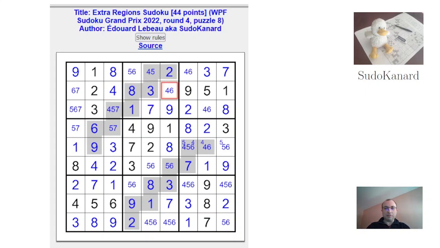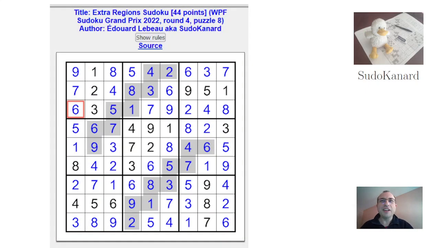7 is here in the box, so that's a 6, that's a 5, that's a 4, and all the rest should yield without any explanation needed, I guess. So this is 5, this is 4, this is 6, this is 5, and then that's a 5, 7, 5, 7, and 6, and that's it. So this finishes the solve of this extra region puzzle,